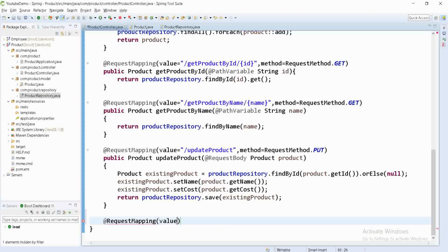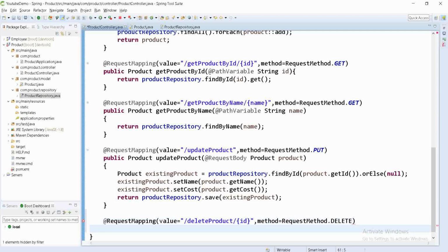The value will be, I want to delete, so delete product, and here we have to specify which product ID you want to delete. And the second parameter will be method, and the type of request method is delete.